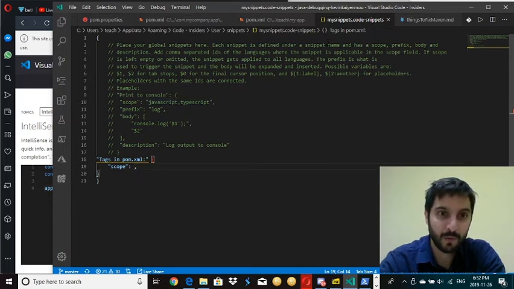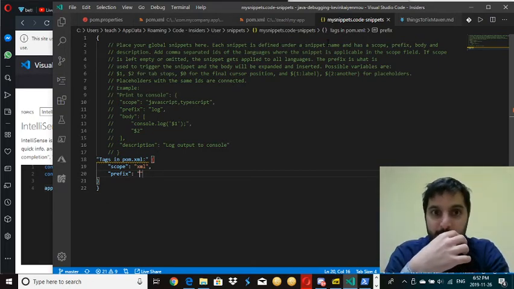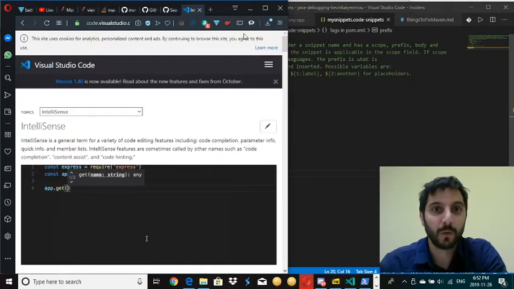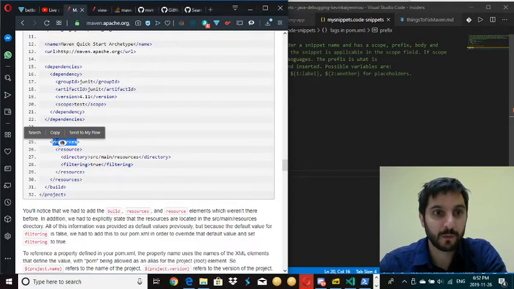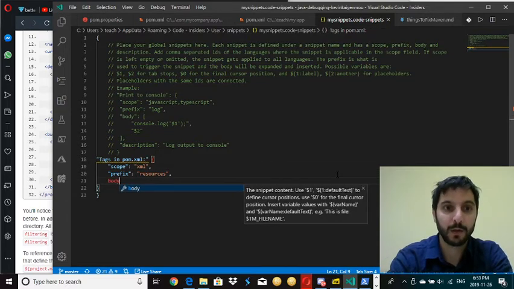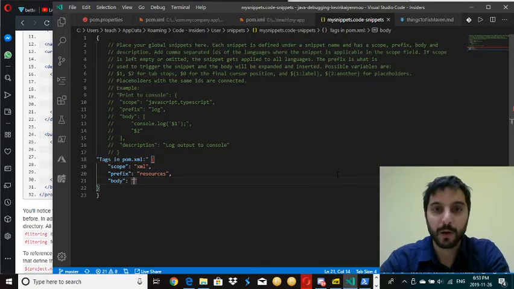So the scope is, what am I talking about? It's not JavaScript. Prefix XML. The prefix is what is used to trigger the snippet of the body. Oh, I see. So resources, prefix, right? Prefix log. Body. The prefix is what is used to trigger the snippet of the body. Oh, I see. The body here is